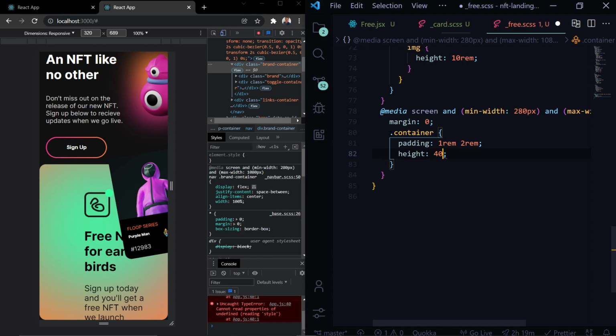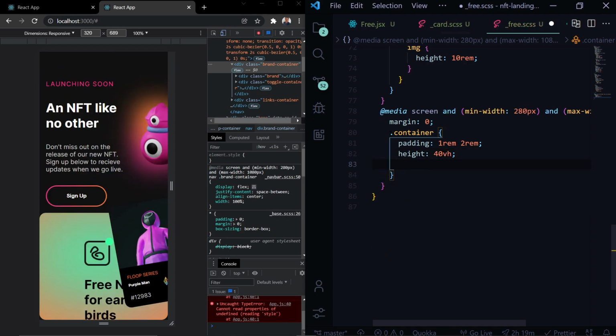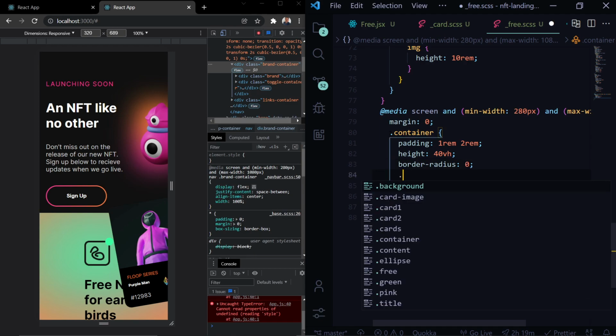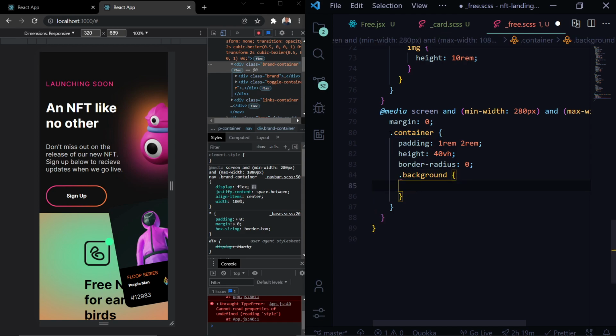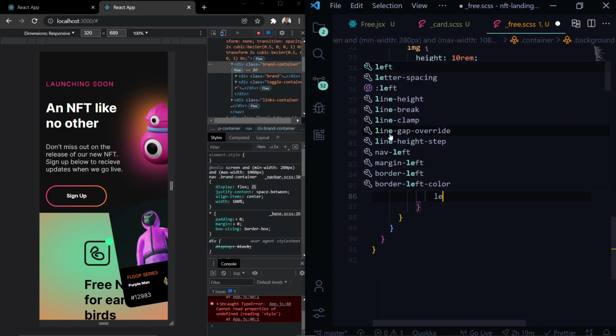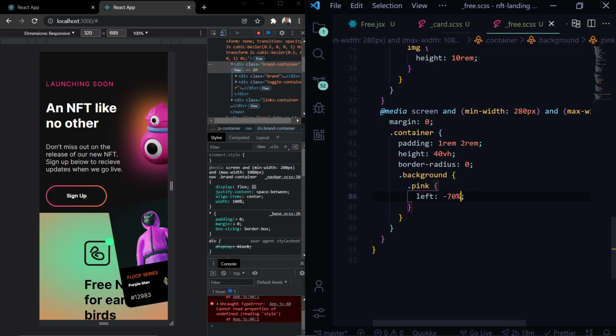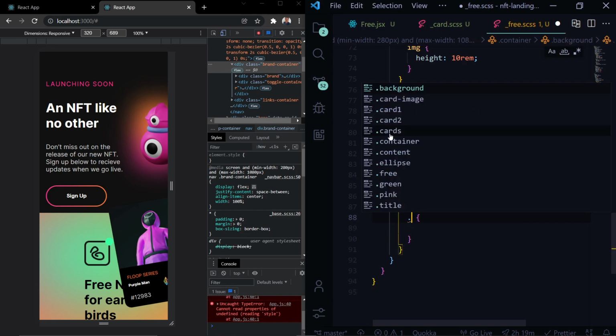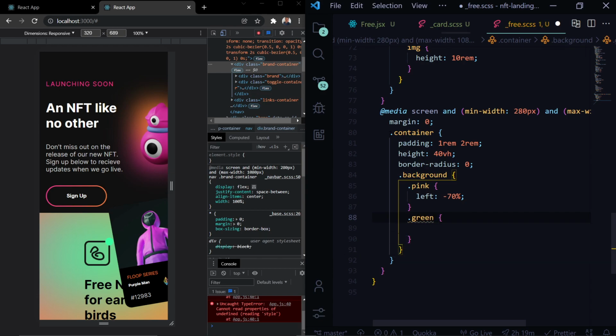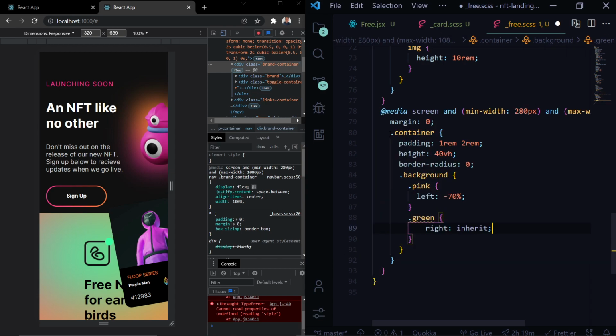We'll give it a height of 40 viewport height. Then we'll give it a border radius of 0. We'll select the background, select the pink, give it a left of -70%, select the right, that's not right, this is green, we'll give it a right of -100%,